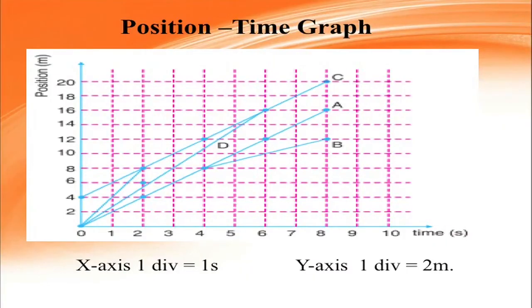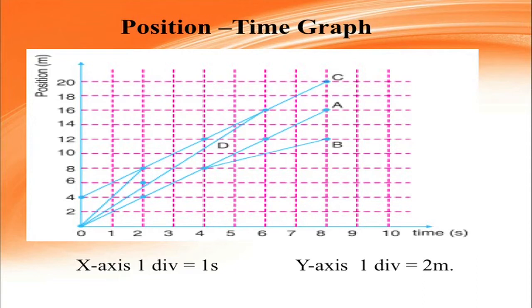To analyze the motion as uniform or non-uniform, the motion can be represented by a graph. The position-time graphs of all 4 bodies A, B, C, D are shown here. Now, you can see that the bodies having uniform motion, A and C, have their graph lines straight. The bodies having non-uniform motion do not have straight position-time graphs.